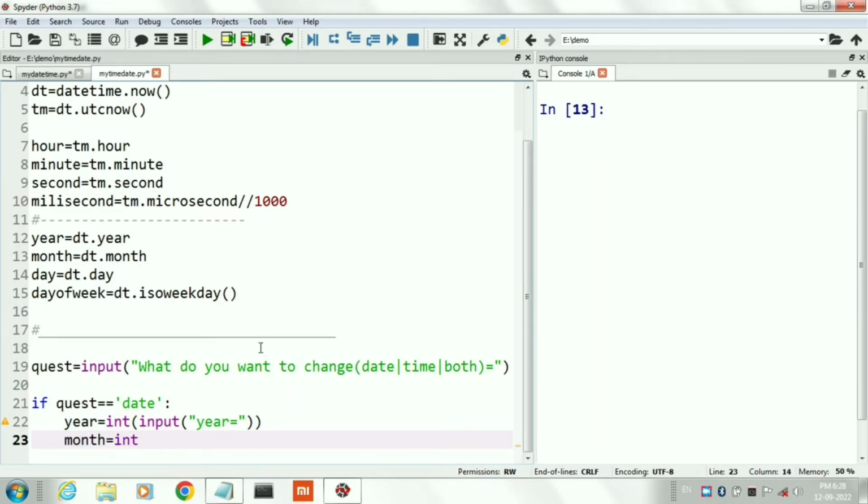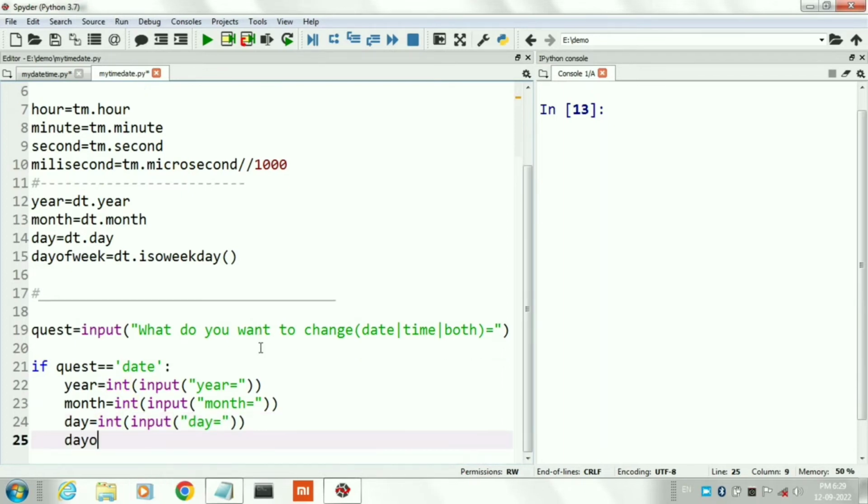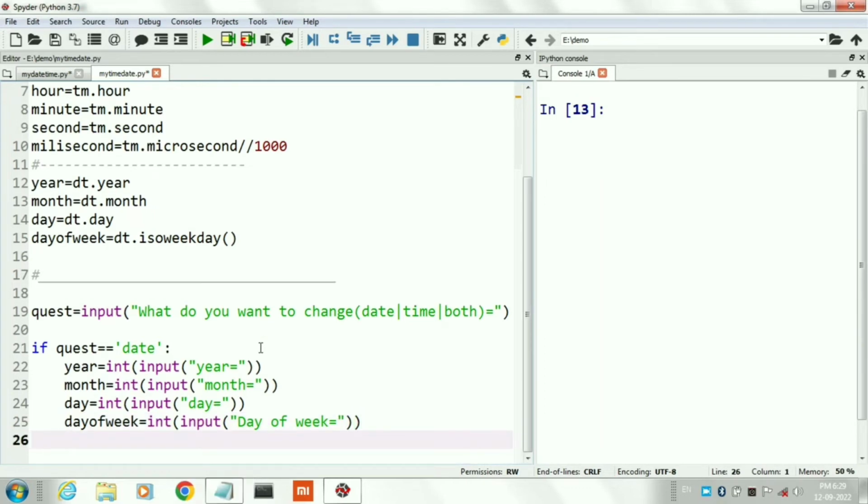If you want to change system time, then it will take system time from user and system date will be by default present date. And if you want to change the system date, then it will take system date from the user and system time will be present time. Here third choice is both, where we will have to enter new system time as well as new system date.